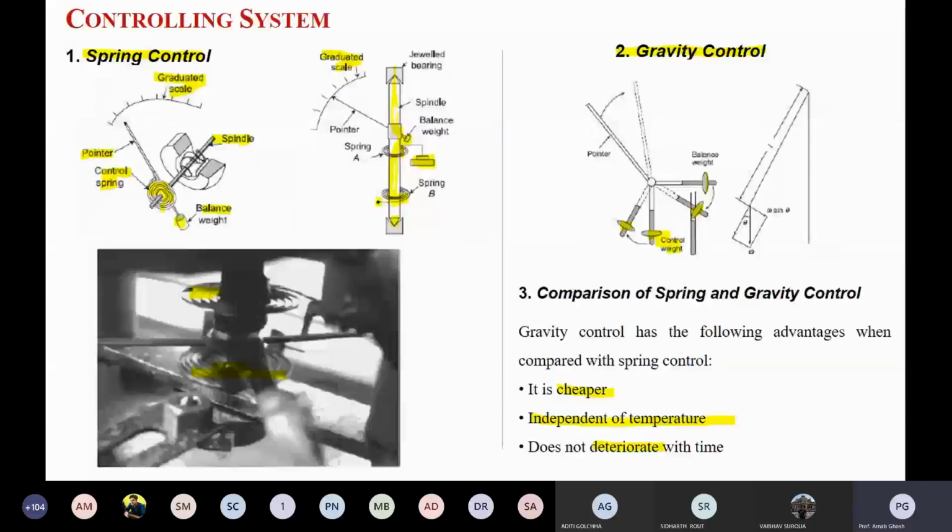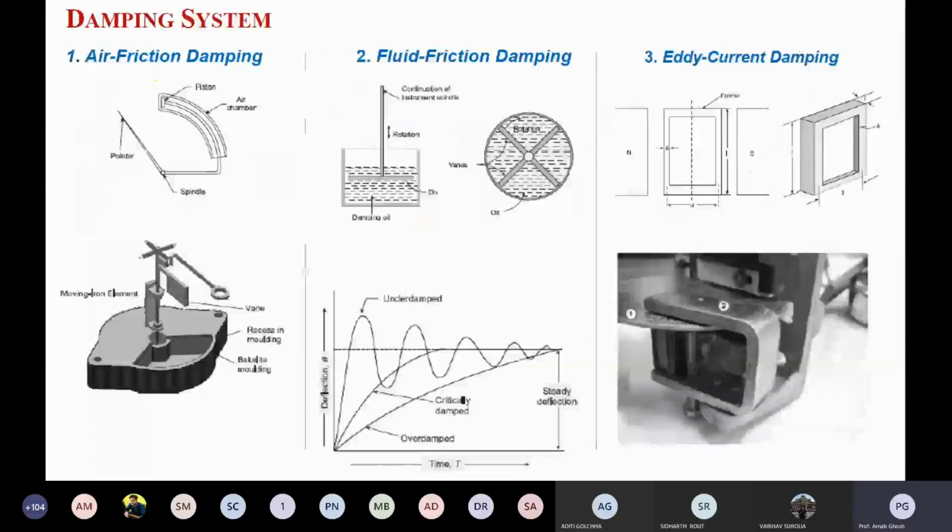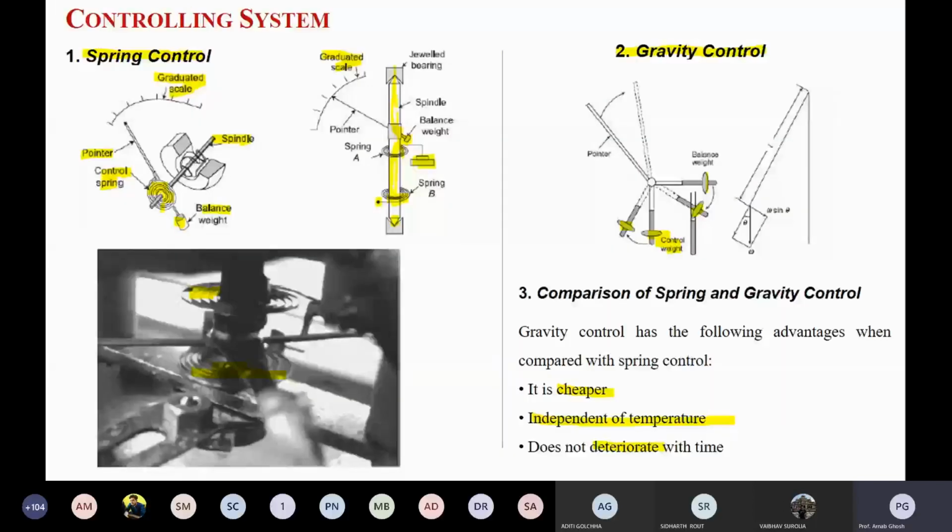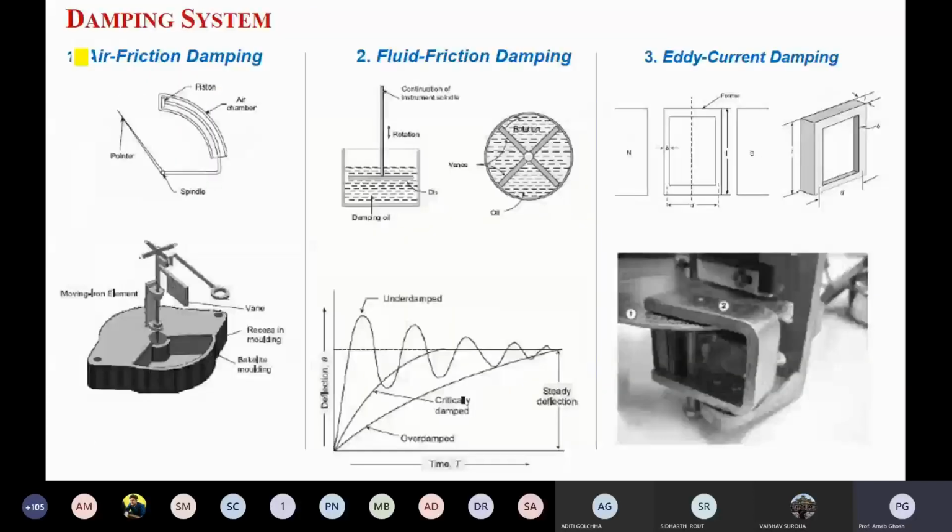Initially it was the controlling system, now we are interested in the damping system. What are the different types of damping we can observe in our instruments, like analog instruments, meaning electromechanical instruments? That type of balancing unit, in the previous case the controlling unit, is used for moving iron as well as PMMC as well as other instruments. These are all very generalized features. Damping systems also have very generalized features. So what are the different types of damping?